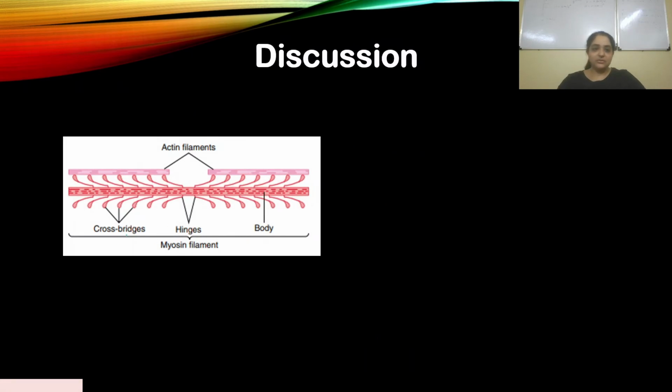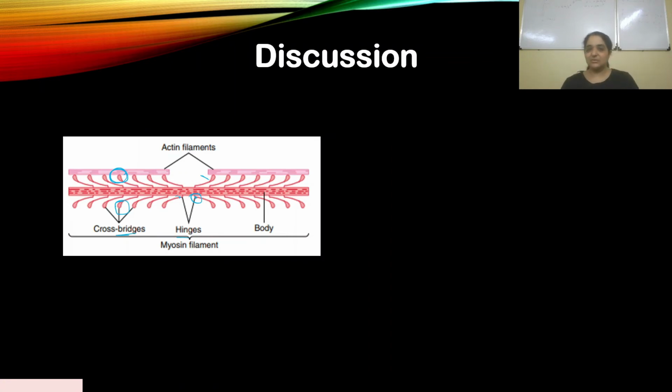Over here, what you see is the cross bridges forming with the actin. This is the actin over here. The cross bridge forms here. These are hinges. This is an extra piece of information. Hinges are present here, so it is easy to move. Similarly, there are some hinges present over here also, so it is easy for the head to move, and the bottom part of the myosin to move. Like I'm showing you with the hand structure, they move like that. They are actually hinges in the myosin filament.